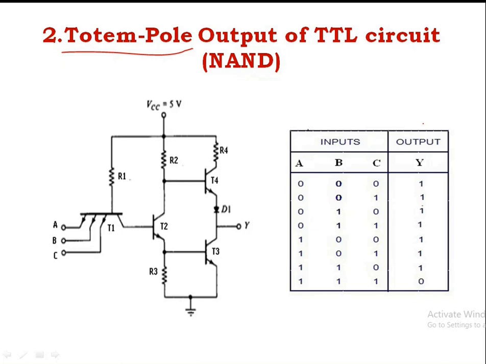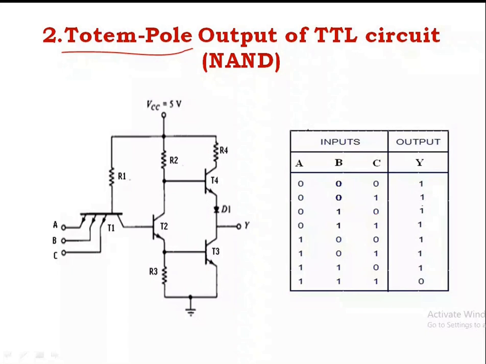So normally the output impedance of a gate is resistive plus capacitive load. The capacitive load consists of the capacitance of the output transistor, the capacitance of fan out gates, and any stray wiring capacitance. When the output of the transistor changes from low to high, when it goes from saturation to cutoff, then the total capacitance C charges exponentially from low to high voltage level with the time constant equal to RC.